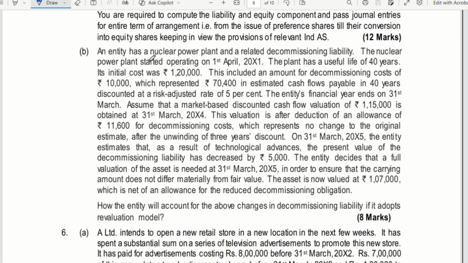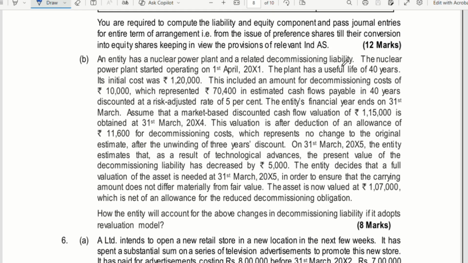An entity has a nuclear power plant and a related decommissioning liability. एंटिटी के पास न्यूक्लियर पावर प्लांट है और उसके रिलेटेड डीकमिशनिंग लायबिलिटी भी है। The nuclear power plant started operating on 1st April 2001, ठीक है, न्यूक्लियर प्लांट हम लोग का 1st April से स्टार्ट हो गया। The plant has a useful life of 40 years. Its initial cost was 1,20,000, ये उसकी इनिशियल कॉस्ट है और 40 years उसकी यूजफुल लाइफ है।